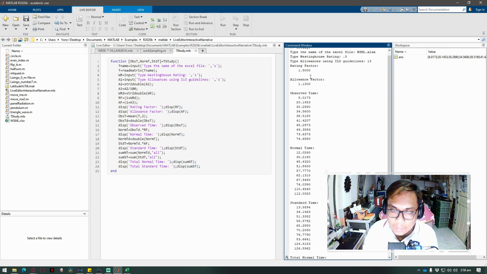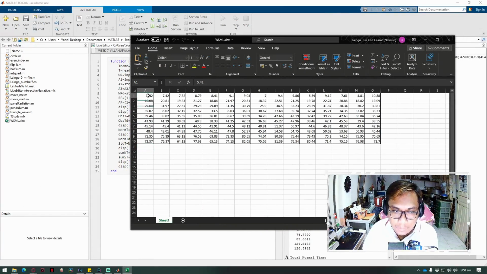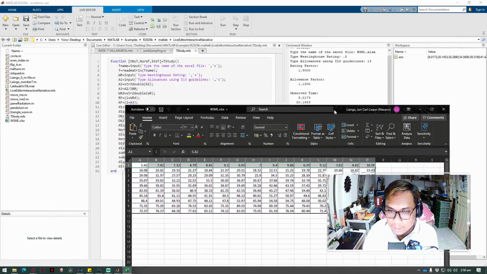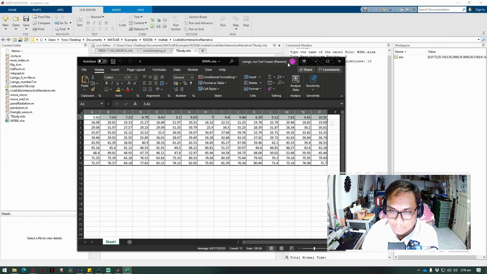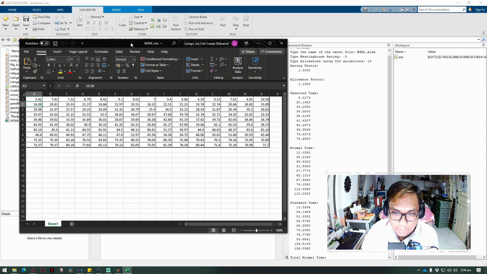Here you can see the rating factor of 1.5. The rating factor's formula is just 1 plus the 0.5. So this is the 1.5. Same for the allowance factor. Here's the observed time. Basically, it means the average of the information given here. So the observed time of that element is going to be 8.0173, and this one is going to be 20.1453,